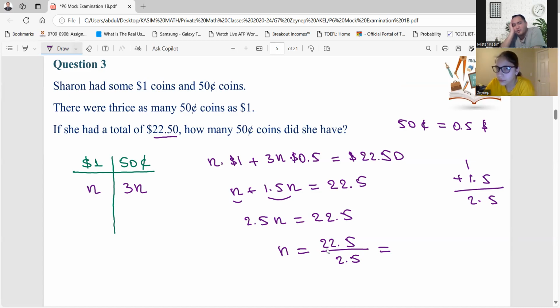Don't multiply, just do it mentally. What is 22 plus 22? 44. Half and half? Half is equal to 1. So that's 45